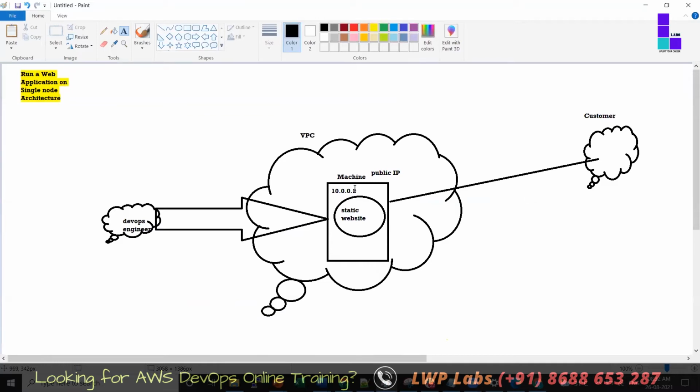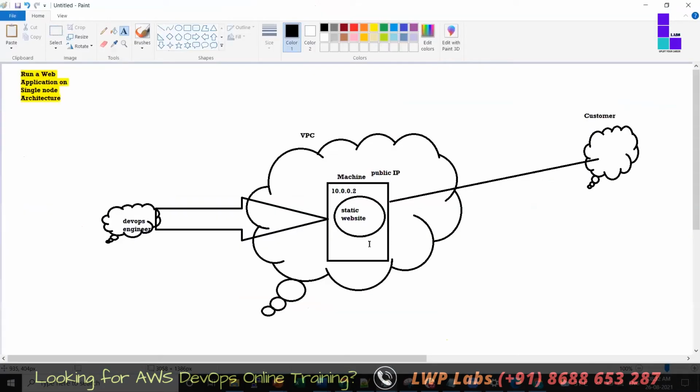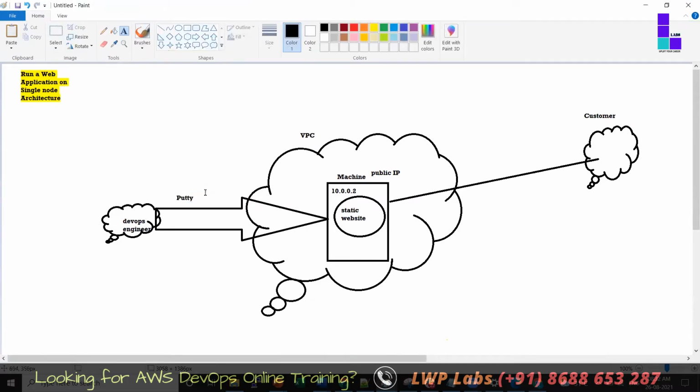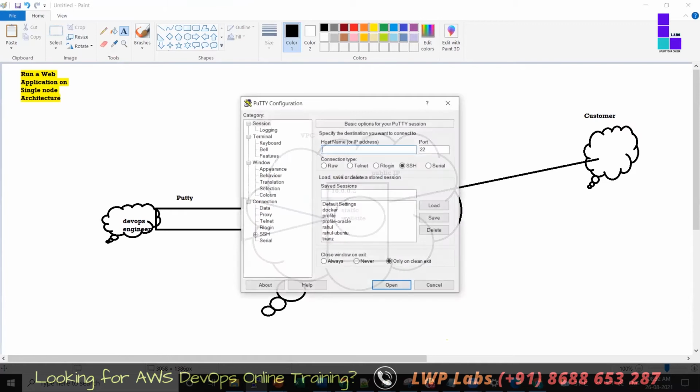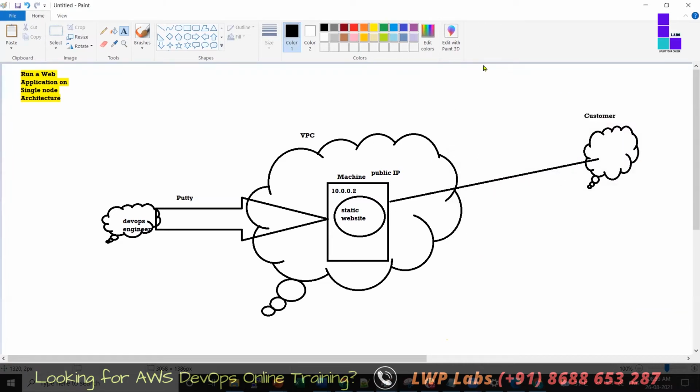So how many people are doing along with me? I want you all to do along with me now. If you do not do this exercise, you will not know how to connect to this server with Putty. So we will have to create such kind of profiles so that you will not be wasting your time in just connecting to the server. So we'll have to create a profile like this. That is why I am saying that you have to do along with me.